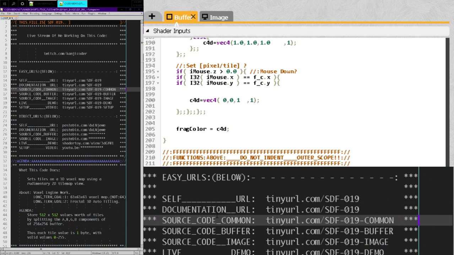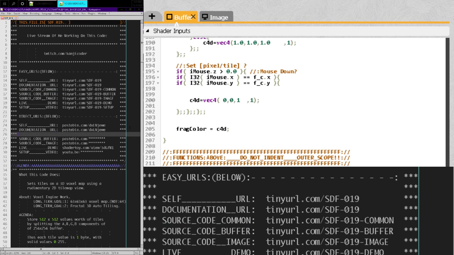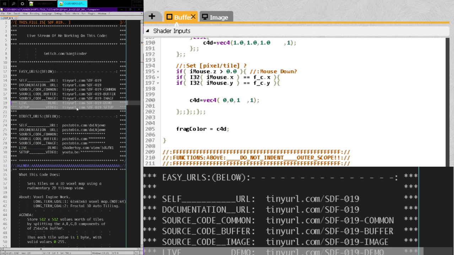Okay, so we don't know what that is yet. Source code common, and I think the most important things are